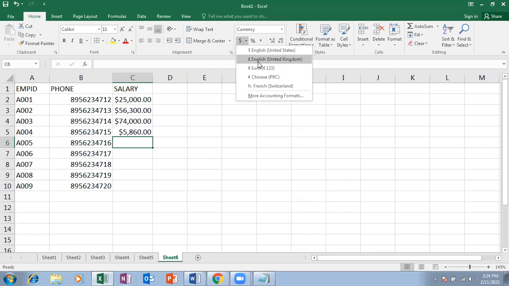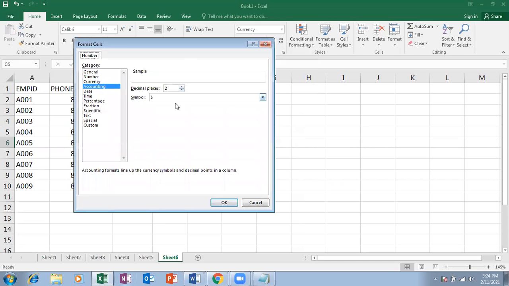See, UK, Euro, Chinese, and go for more accounting formats and click on the symbol. Take anything: Manipuri, Nepali, Sindhi, like this. These are all different currency formats where you can take anything from the list.